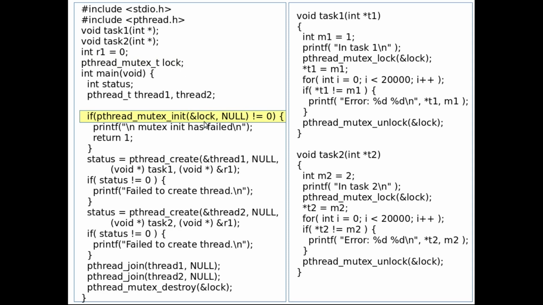So we initialize the mutex represented by the variable lock, and then the rest is the same, and this code is the same as before. We are passing the address of r1 to 2 threads, and now the main difference will come in these 2